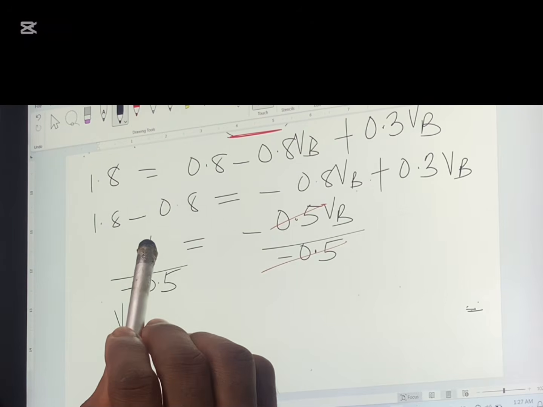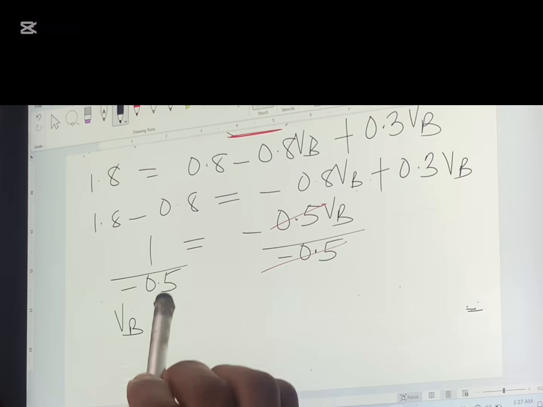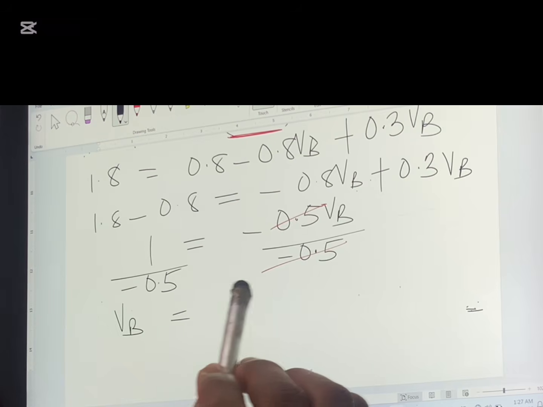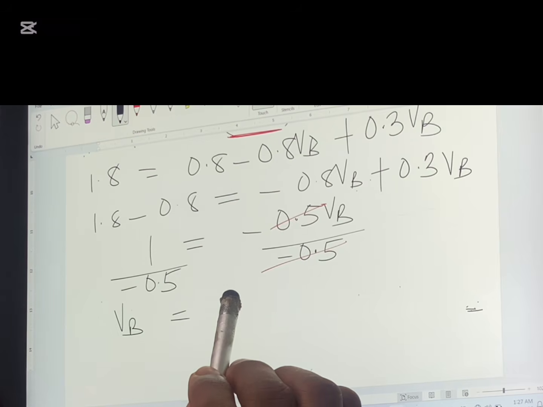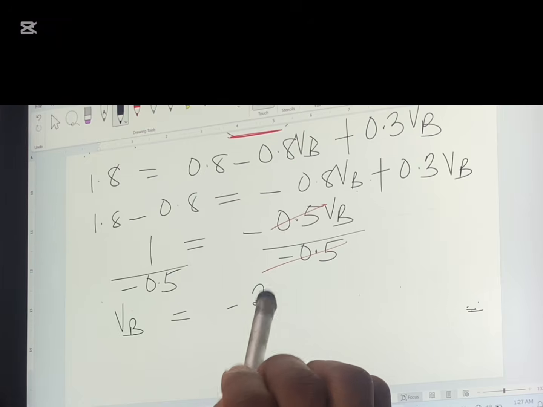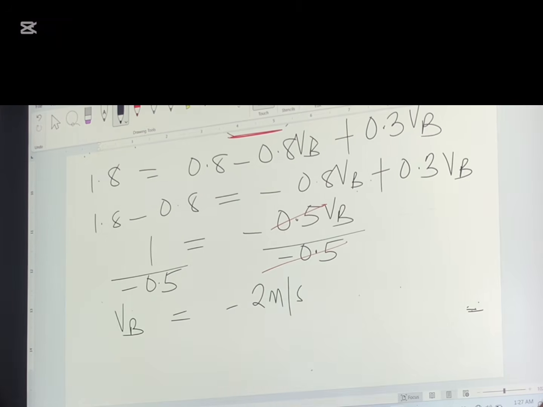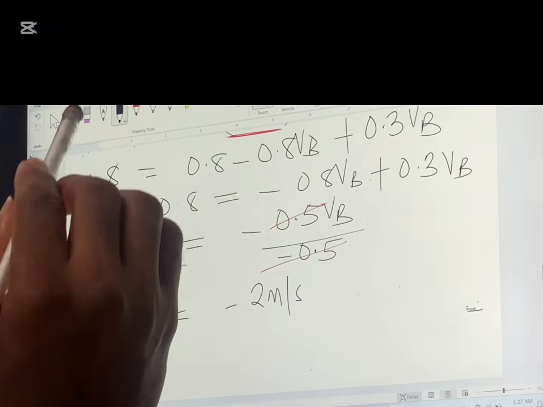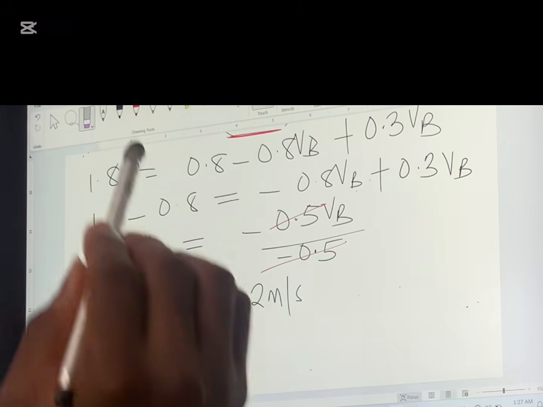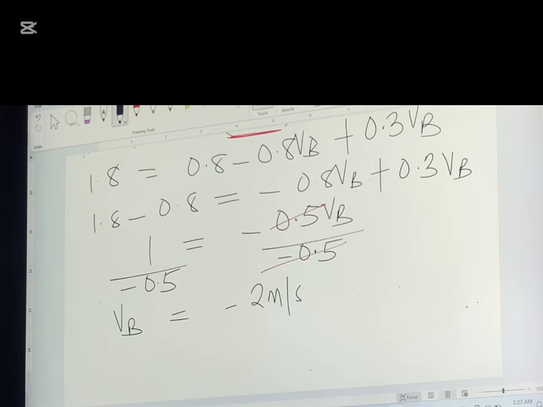Please punch your calculator: 1 divided by minus 0.5 is minus 2 meter per second. So the value for VB is minus 2 meter per second. To get our VA, we replace VB as minus 2 meter per second, but remember that from equation 3, we have V